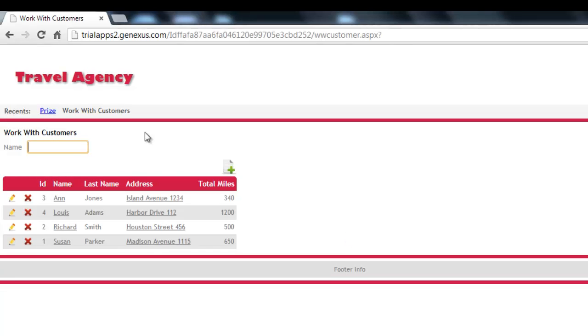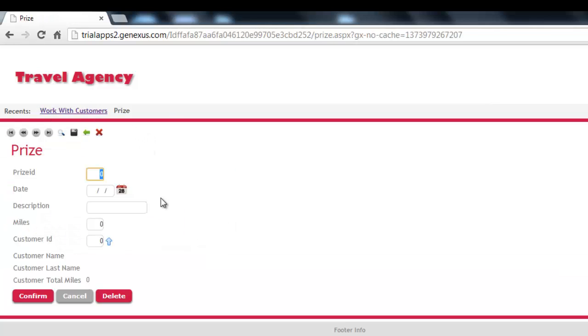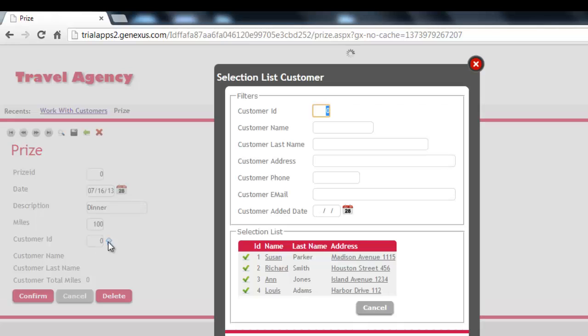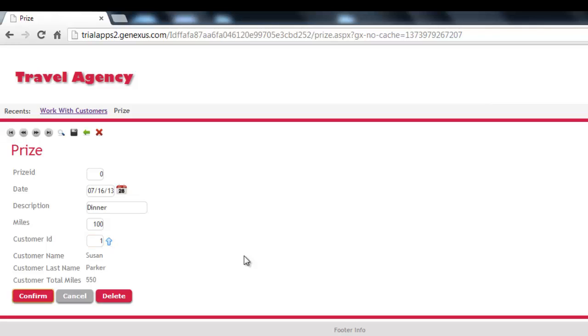We then go to the prize transaction and record the new award. We select today's date, the description of the award, that will be a dinner, the number of miles required, we select the customer, and when we infer the data, we see that the corresponding miles have already been subtracted. We confirm the award